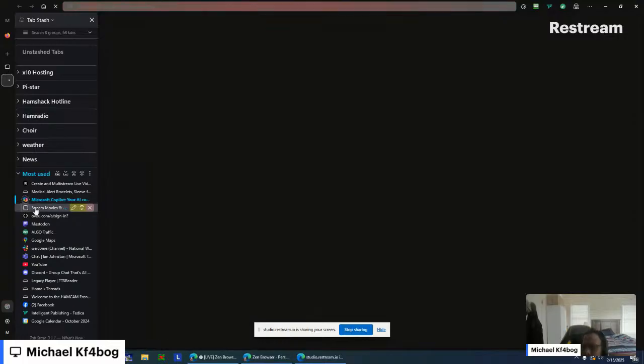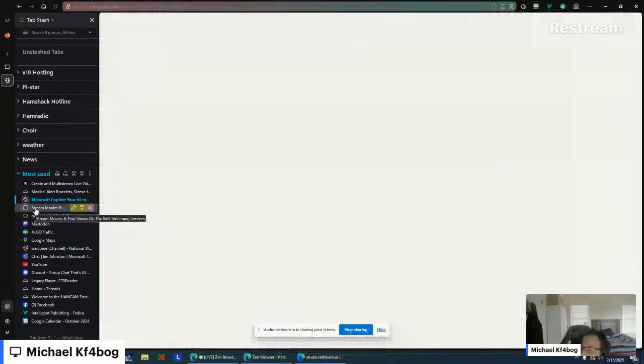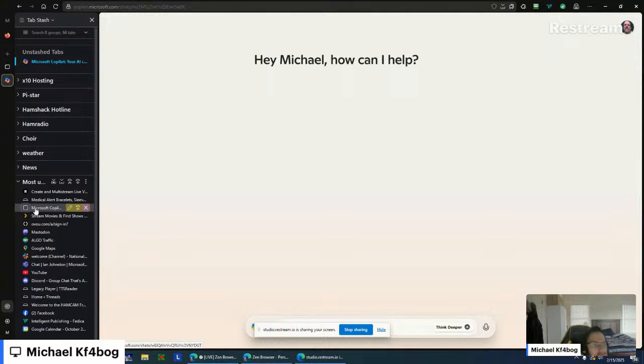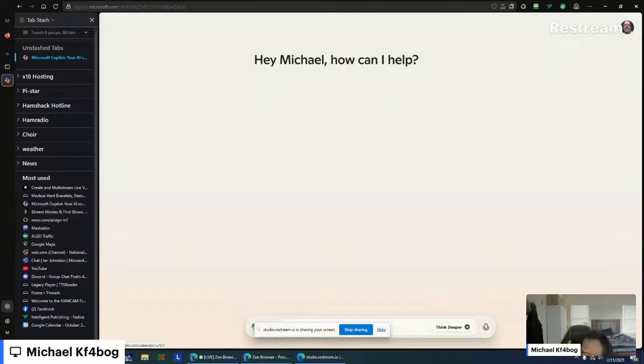I'm going to go ahead and go to another service like, let's see, I think this one's going to take a little bit because I hadn't loaded it in a while. But the Microsoft Copilot is another good thing to have. If you've not used Copilot before, I highly recommend that you put Copilot on here. But these are my frequently used tabs and things that I go to on the regular, on this particular stack. And again, it's called Tab Stash, and it's a really good application to keep in your arsenal